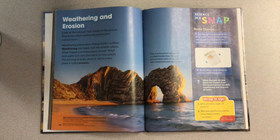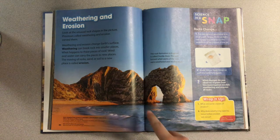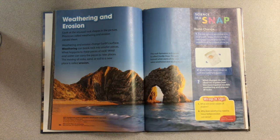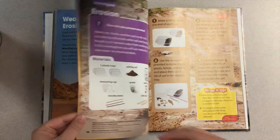Now, weathering and erosion can be really cool. It can make cool things like the turtle door that you see here. And it can also be very destructive. So today we're going to talk about some instances where weathering and erosion is not a good thing. And we're going to talk about some different strategies or ways that people have found to prevent weathering and erosion when it's in a negative way. So the first one we're going to look at